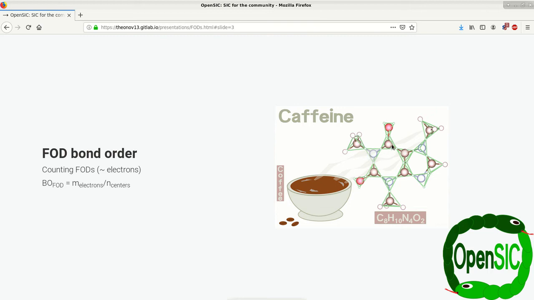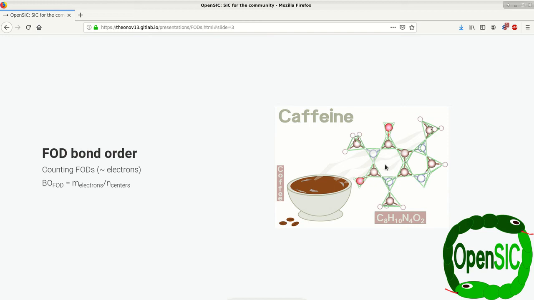On the other hand, there are situations where we have two pairs of up and down FODs in between two atoms, which again means we have 4 FODs, 2 of each spin channel, divided by 2 centers, which gives us a bond order of 2, corresponding to the double bond nature in between these two atoms. We can generalize this to any bond order that you will find, and with that the FODs correspond to the chemical bonding picture